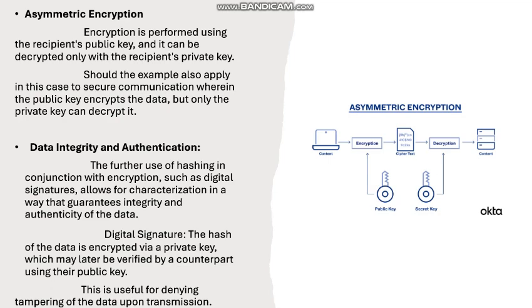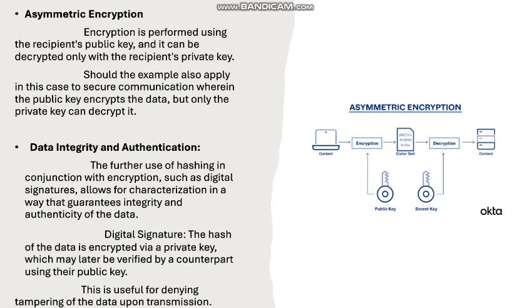Data integrity and authentication. The further use of hashing in conjunction with encryption, such as digital signatures, allows for a way that guarantees the integrity and authenticity of the data. Digital signature: the hash of the data is encrypted via a private key, which may later be verified by a counterpart using the public key. This is useful for